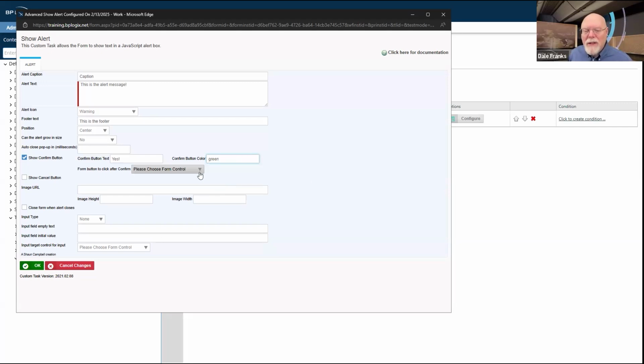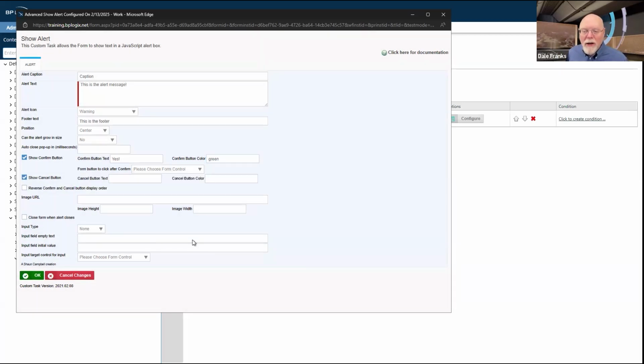And once I click that confirm button, if I have another button on the form, this alert box will click that other button. And that's pretty cool because what that implies and what we're allowed to do is if I can do something on confirm, then I should be able to cancel and not confirm. And indeed, I can, because I can put in cancel button text and cancel button colors, and that